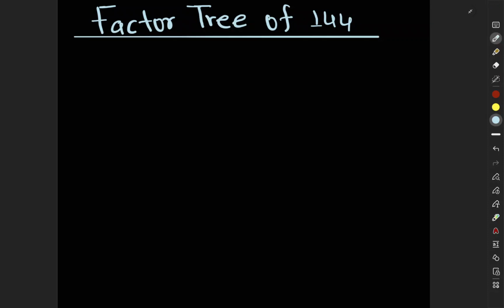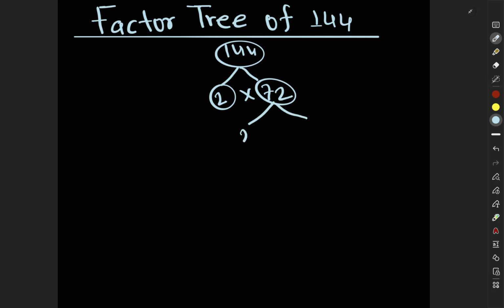Factorization of 144. So 144 can be written as 2 times 72. 2 times 72 means 144. Now 72 can be written as 2 times 36. 2 times 36 means 72, and 36, it is 2